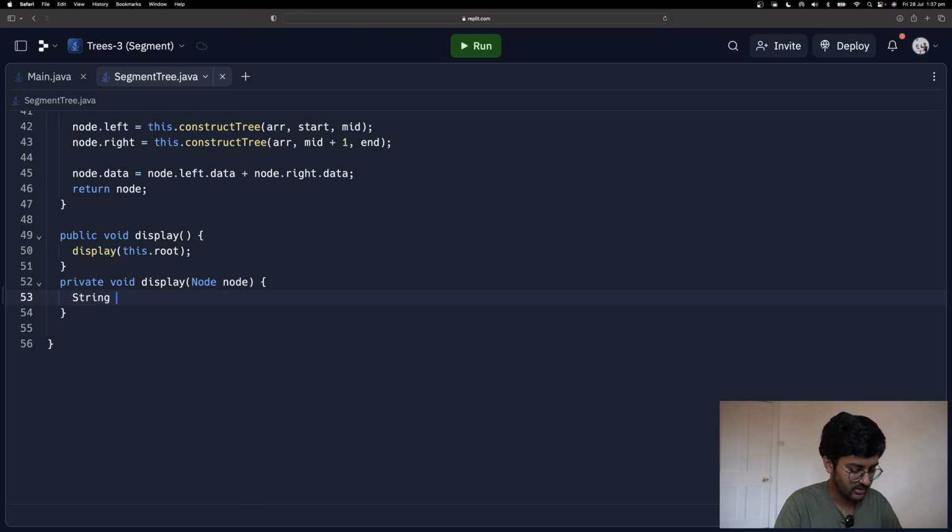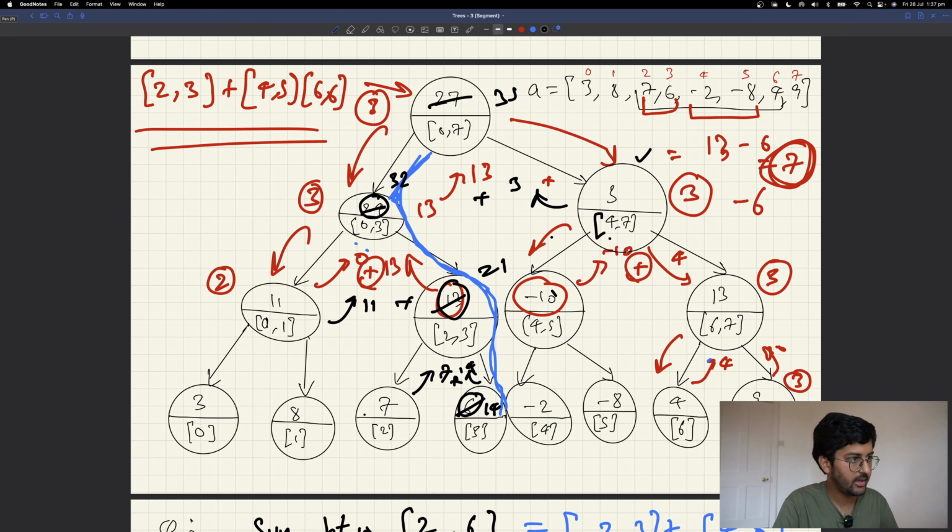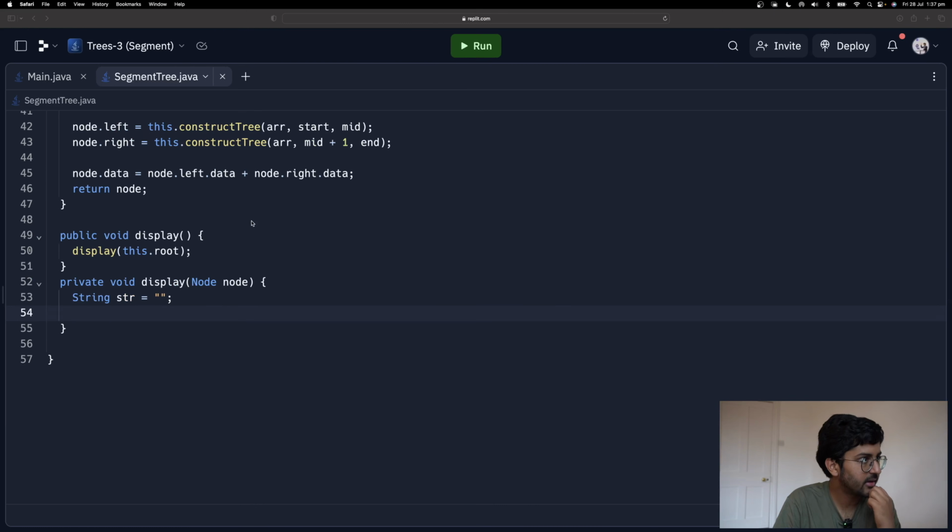So I say string str, initially empty, and the base condition, if you are at the leaf node, then not the leaf node, for any node, let's say you start from root. So for any node, if node dot left is not equal to null, because it's a complete tree like I said, then I will just print, for example,